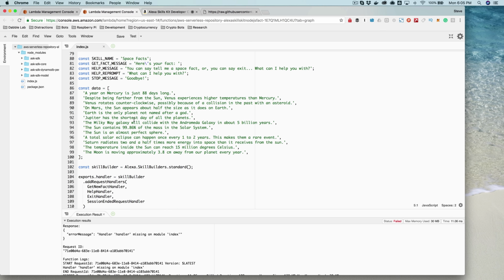Then I want to talk about the relationship between the code and the interaction model, because that's pretty important. For starters, making a change that goes back to your user through the Alexa service is just a matter of making a change to your skill service. In this case, here's your fact. If I just change this to here's your cool fact and save it,